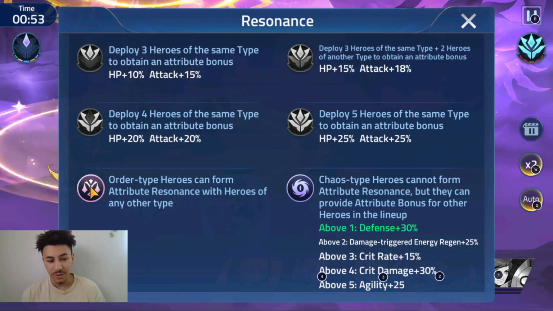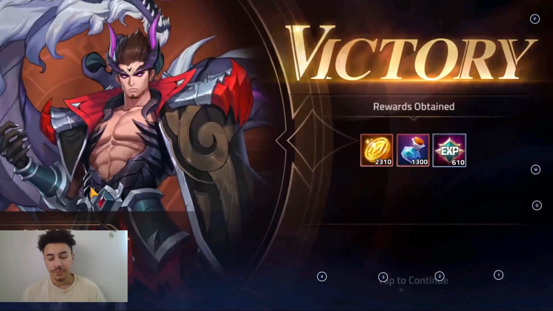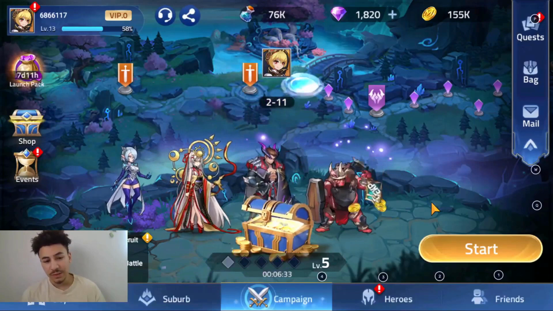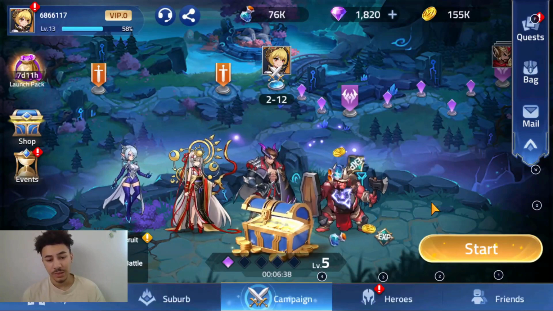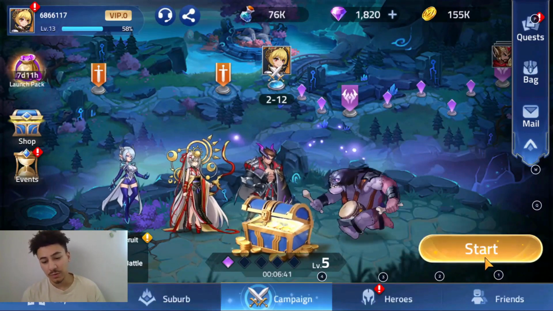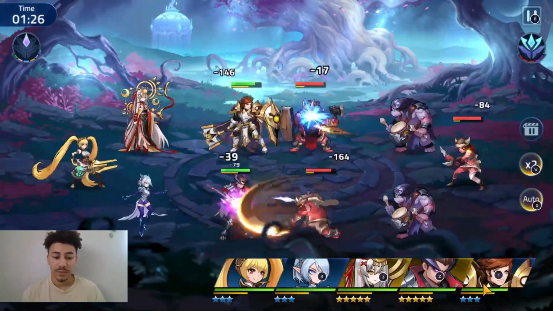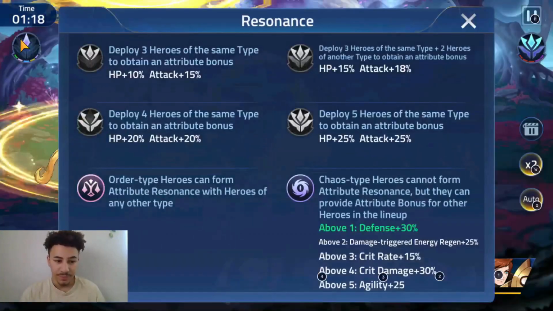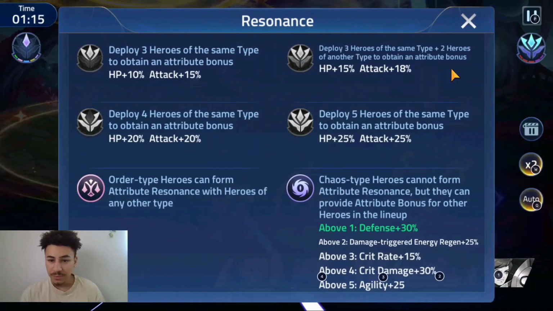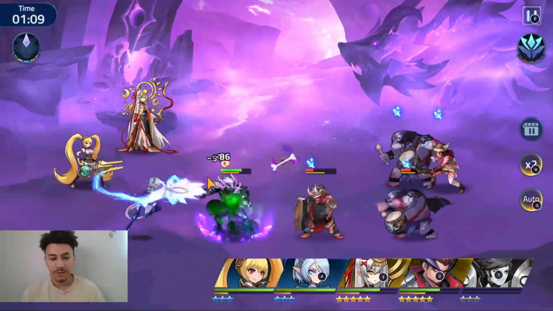Order type heroes can form an attribute resonance with heroes of any other type. So that's really cool. If you have two of one type, two of another type, and you throw an order in there, then you'll have three and two. You'll have three heroes of the same type plus two heroes of another type. That would be good. But if you have three and one,